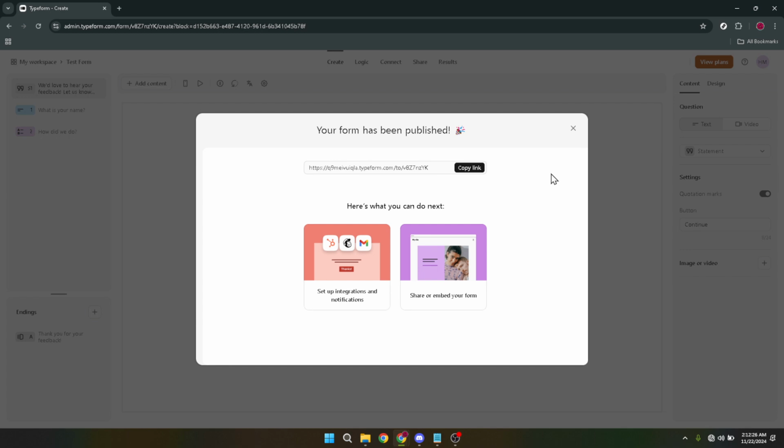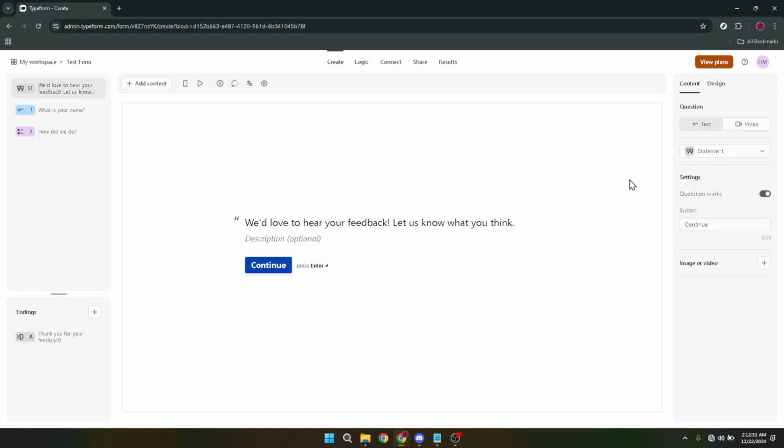And just like that, you've published your Typeform. With these easy to follow steps, you can now create and share interactive forms with confidence. Whether it's gathering feedback, conducting research, or just engaging with your audience, Typeform offers a dynamic platform that brings your questions to life. Remember to keep your form's purpose clear, preview before publishing, and adjust settings as needed to best meet your objectives.